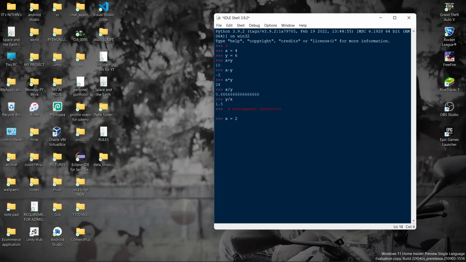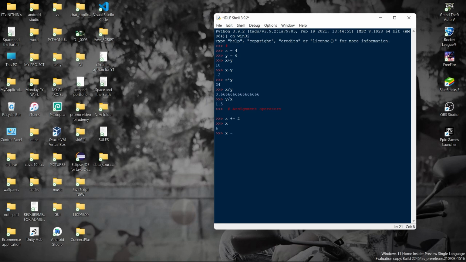For example x plus equal to 2. Now for example in the first line of our code we assign the value 4 to x. Now we have incremented the value of x by 2 by using the plus operator. So when we print x, it will give the output as 6. So it has added 2 to the x value 4, so 4 plus 2 is 6.